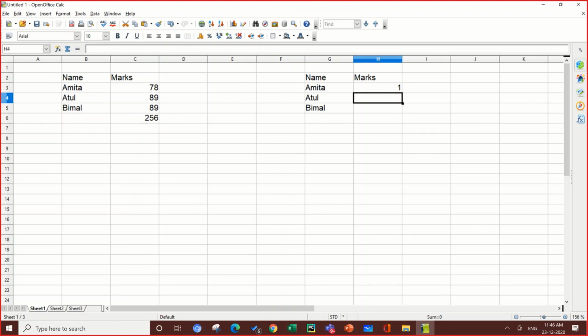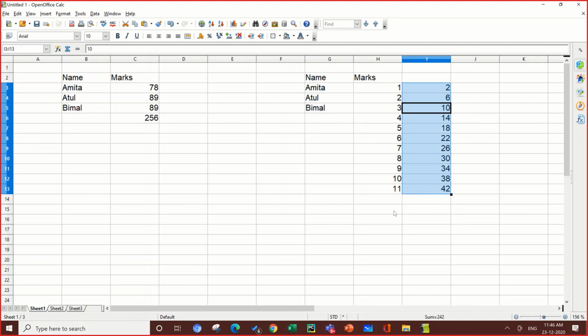Now let's see once here 1, 2, 3. Now I want this cell to fill automatically. When I drag, it will automatically fill my series. Now suppose I am giving some gap in between the values, and that is a regular gap, regular interval. So now when I drag it, you can see it is automatically filling by the interval of 4. So in this way you can fill a range.